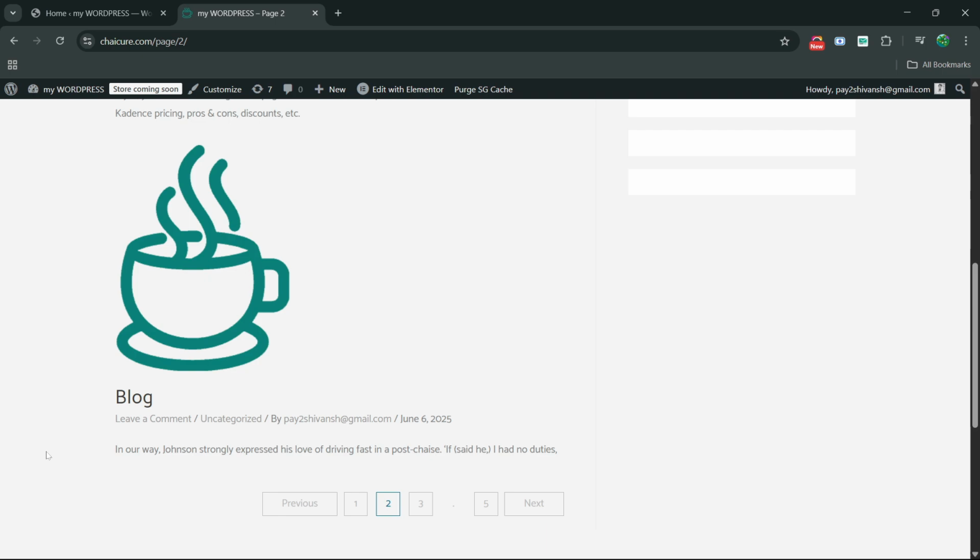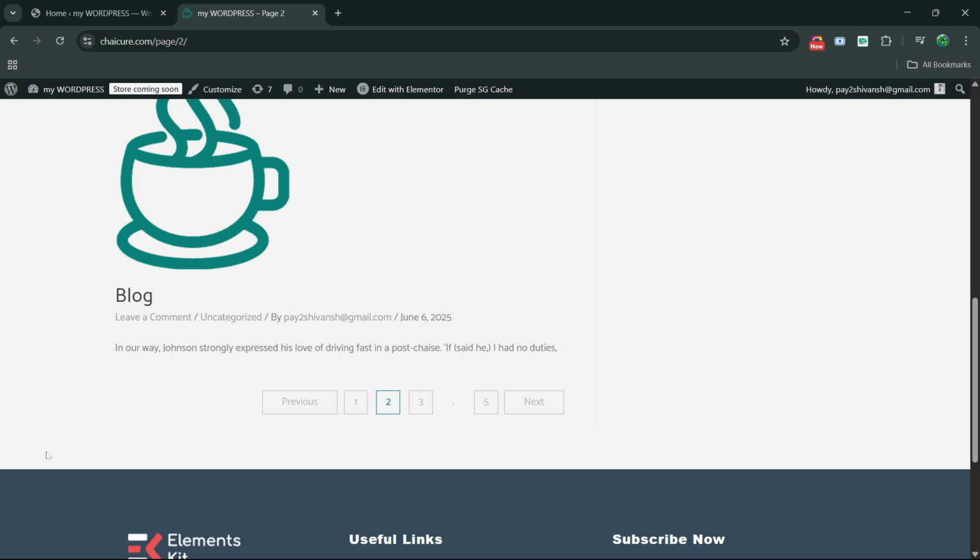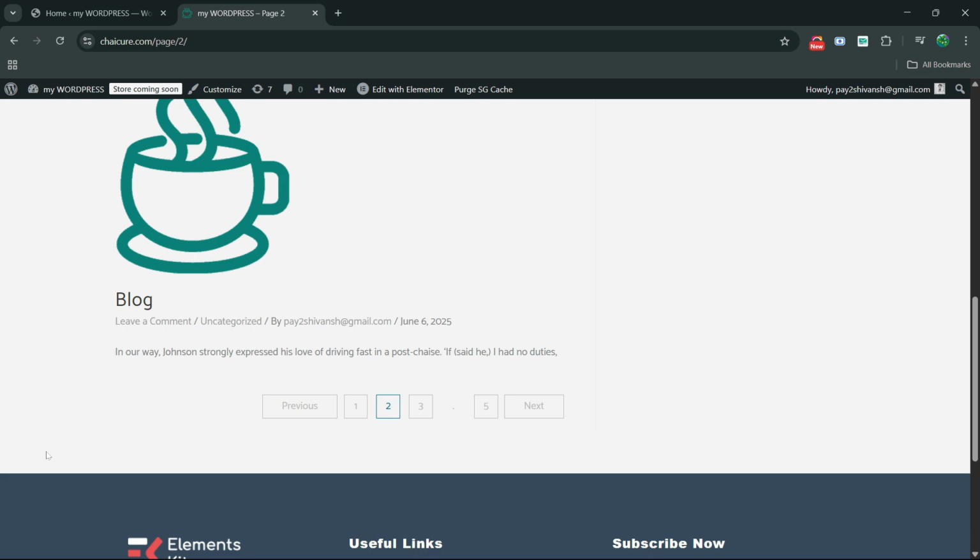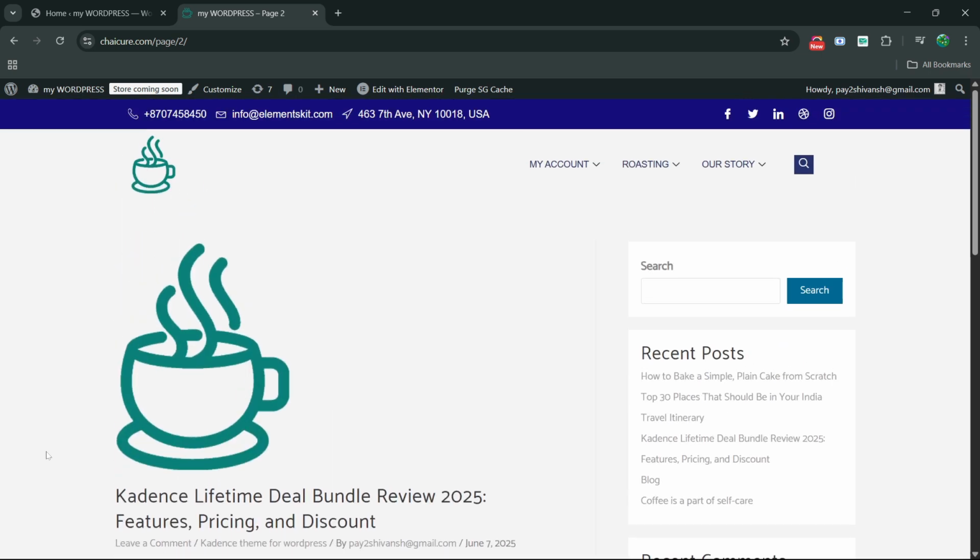Now, one more thing, let me tell you that we will get to see such a design in this theme only. If you use any other theme, then you will get to see different designs. Currently, I am using the Jita theme, so we get such a design in that. You will get to see a completely different design according to each theme. So we have set the limit of this page to 2. That is why only 2 posts are being shown to us. If we change the limit, then you will get to see a different number of posts on this page. And how can you do that?